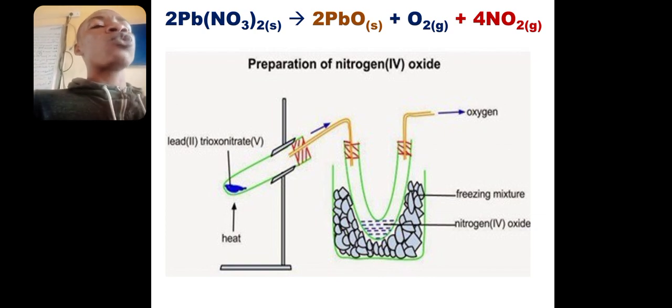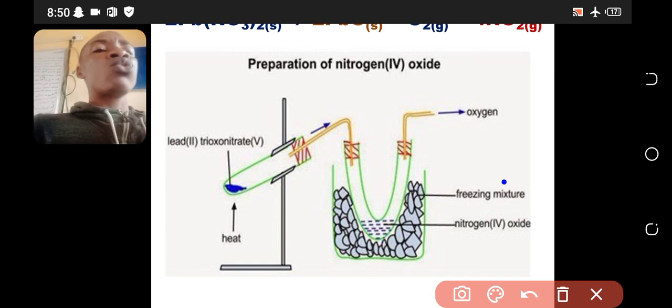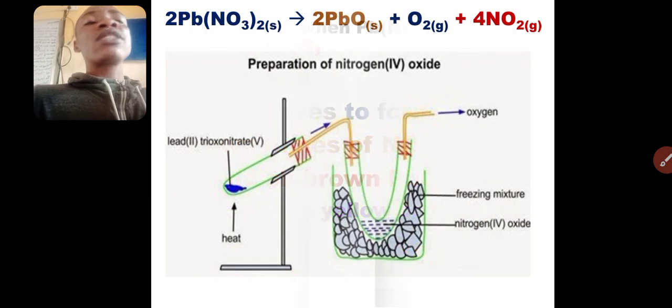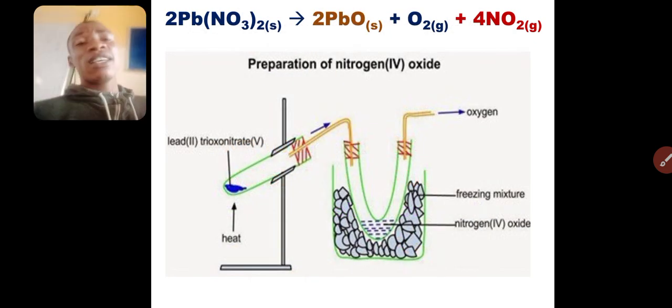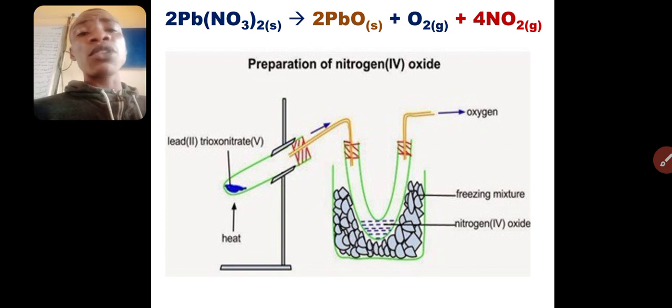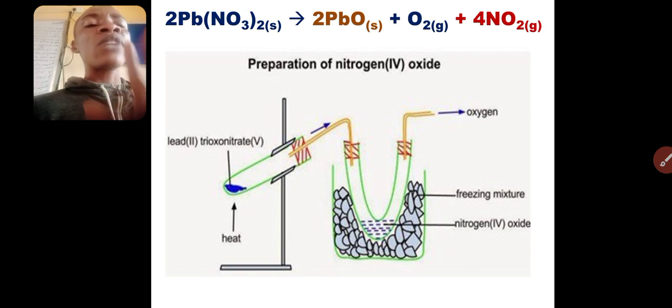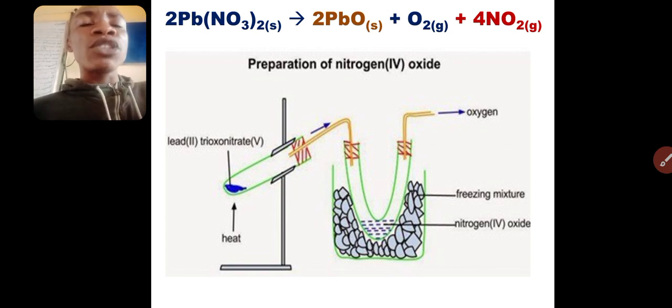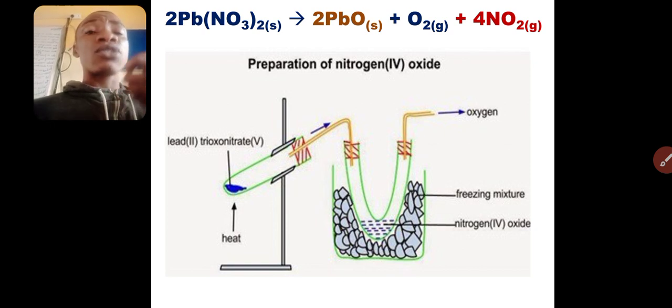If you take notes, you are going to observe that 2 gases are produced in this equation: oxygen gas and NO2 gas. So you have to separate the 2 gases. If you look at the structure of the laboratory setup, after heating the lead 2 trioxonitrate 5, it gives us 2 gases that are passed through a U-tube. Now the U-tube is placed inside a freezing mixture. Freezing mixture is usually a mixture of ice and water, or ice and salt. It's usually very cold, such that